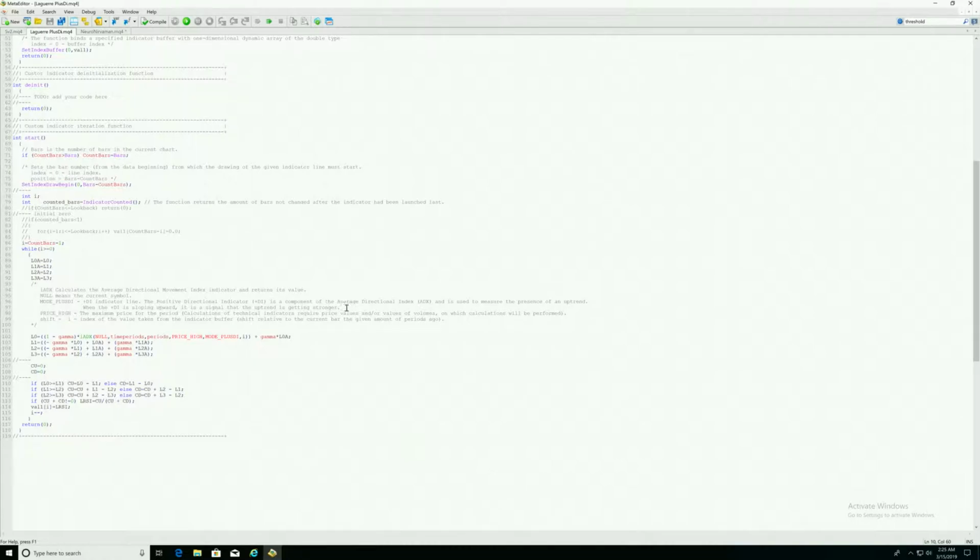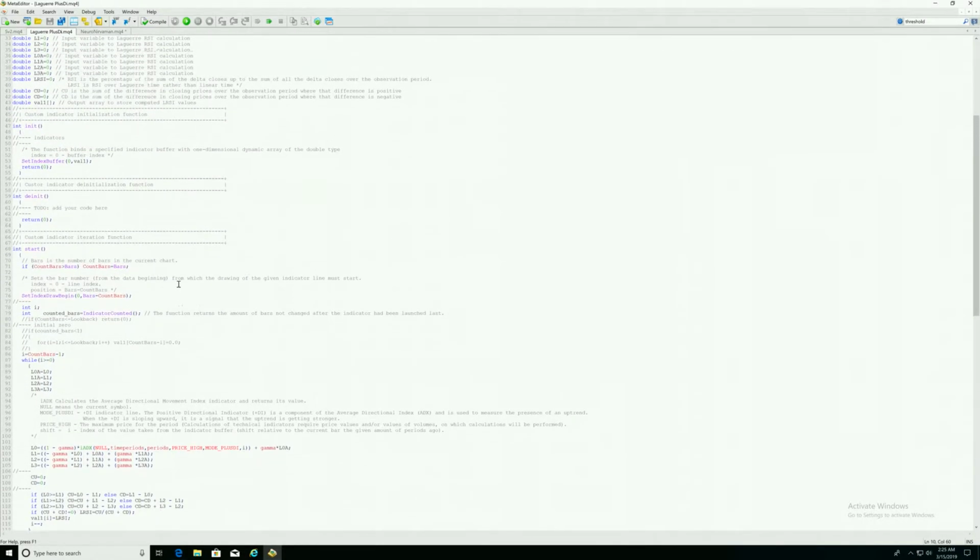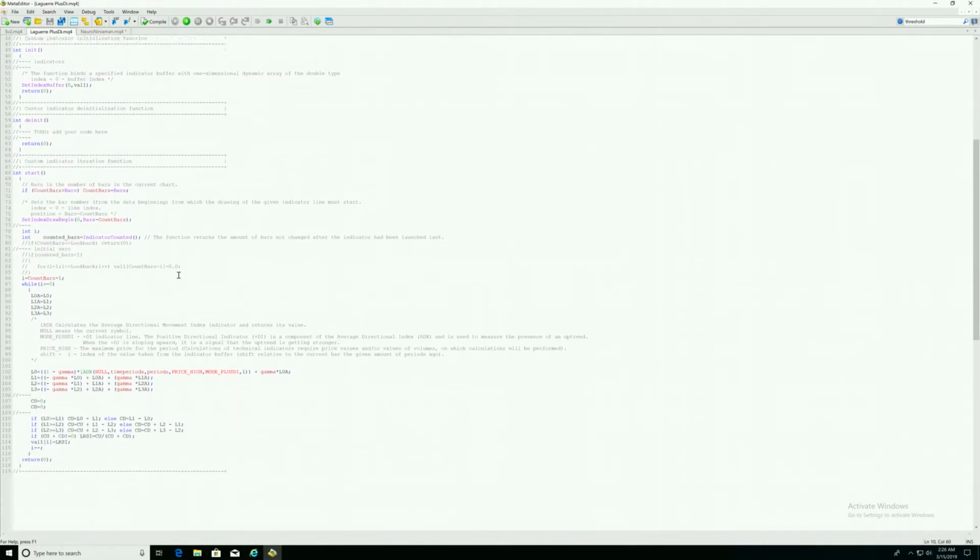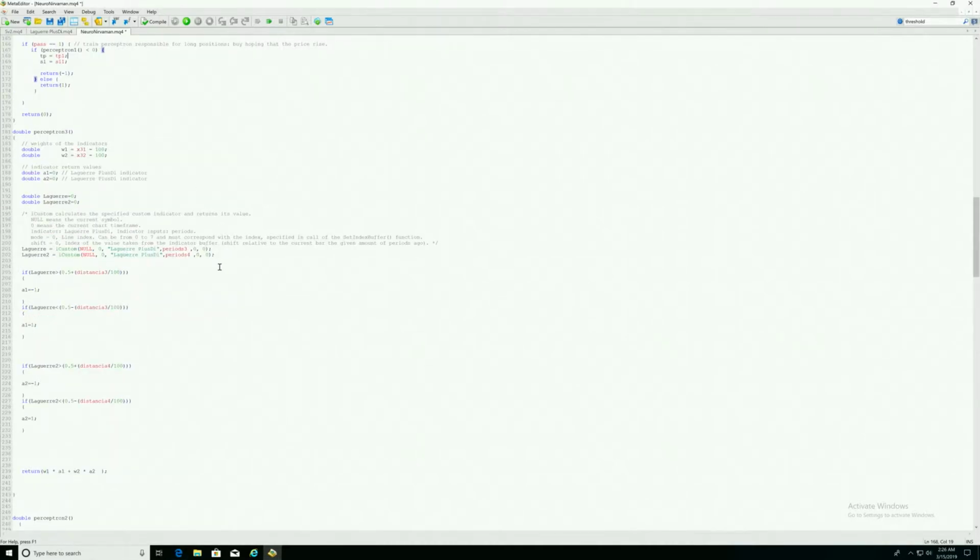So it is a component of the ADX, and it is used to measure the presence of an uptrend. So when the DI is sloping up, it means that the uptrend is getting stronger. So that's an overview of how the Laguerre RSI is working, and the main idea is that there's a threshold, and if you cross the threshold to the upside, which is computed in the Neuronirvaman function here,